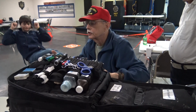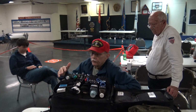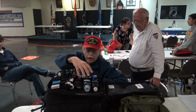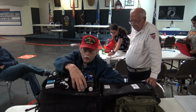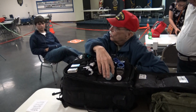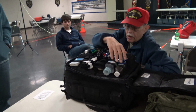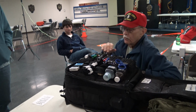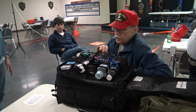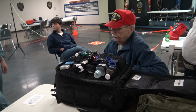I keep air masks for CPR. On the top here, we've got the basic stuff. We've got the field tourniquets. I've got saline, or it's purified water is what it is, in case you need to wash off a wound or things like this. I've got hydrogen peroxide. I keep markers on this also, because you've got casualty cards that you'd be filling out if you're going to medevac